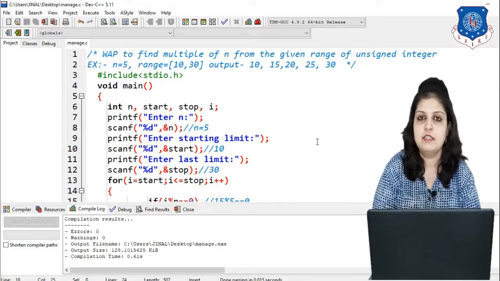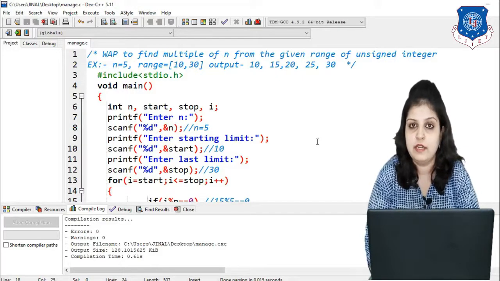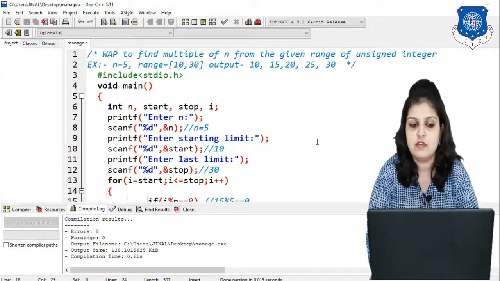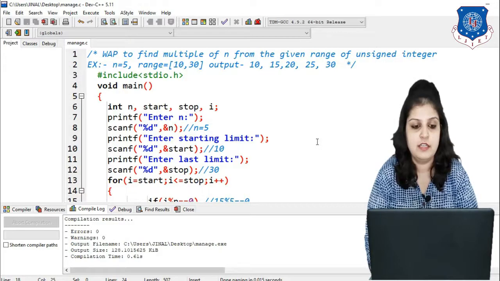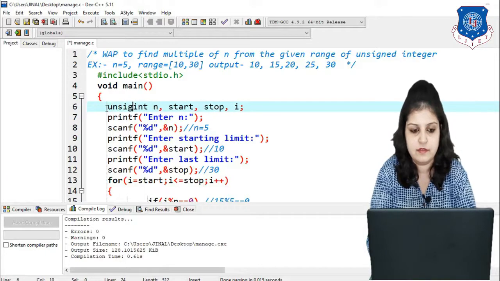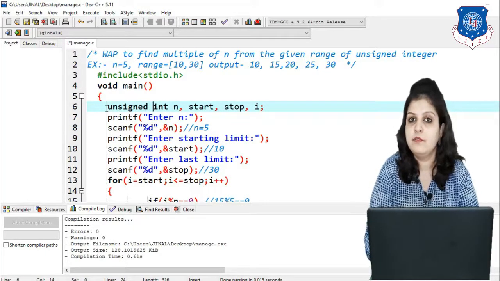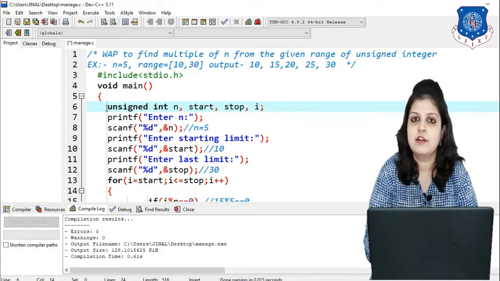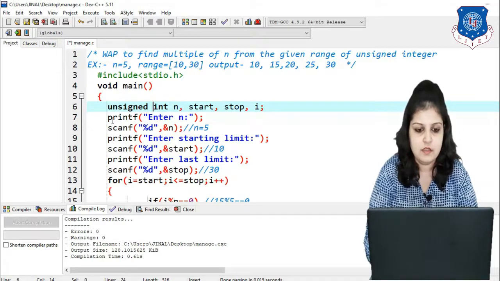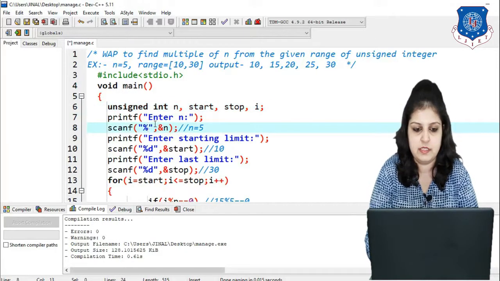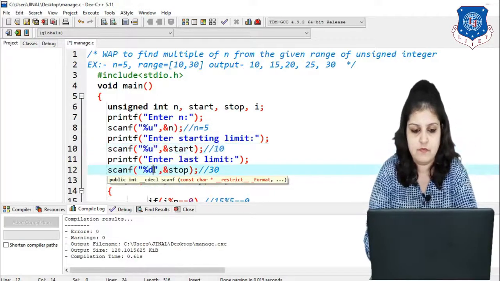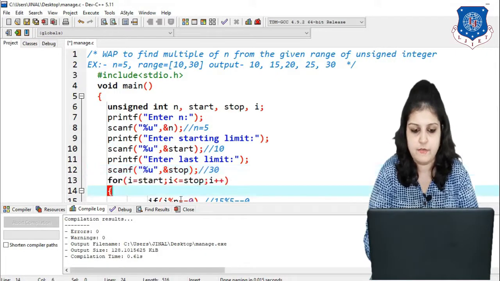But here, in the definition, just see that we have to enter a range of unsigned integers, and I am taking the data type as integer. So what we can change here: just write the data type unsigned integer. I am writing unsigned. And then if you take the data type as unsigned integer, our control string we have to take as %u for unsigned. So here I am changing %d, here again %u, same for here and same for printf.